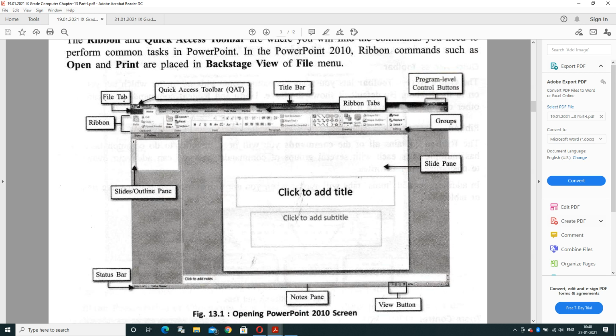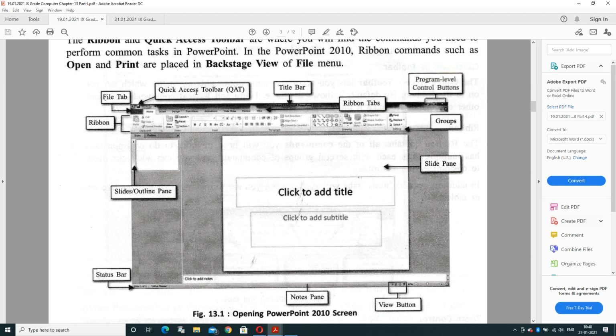File tab is a particular tab that will help to open a new file, close a file, save a file, save as, or print a particular file's content. The File tab is the first tab if we are using Office 2007, and it is the second tab if we are using Office 2010, because in that case the first tab will be Home.